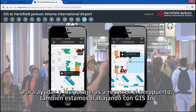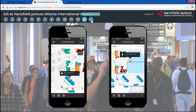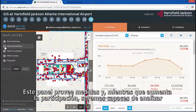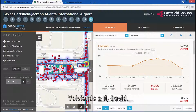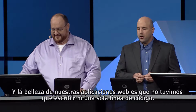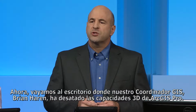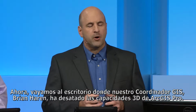To help passengers navigate the airport, we're also working with GIS Inc. to develop interior wayfinding and routing. This dashboard provides metrics, and as participation increases, we'll be able to analyze traffic and flow patterns. Back to you, David. And the beauty of our web apps, we didn't have to write a single line of code. Now let's move to the desktop, where our GIS coordinator, Brian Herron, has unleashed the 3D capabilities of ArcGIS